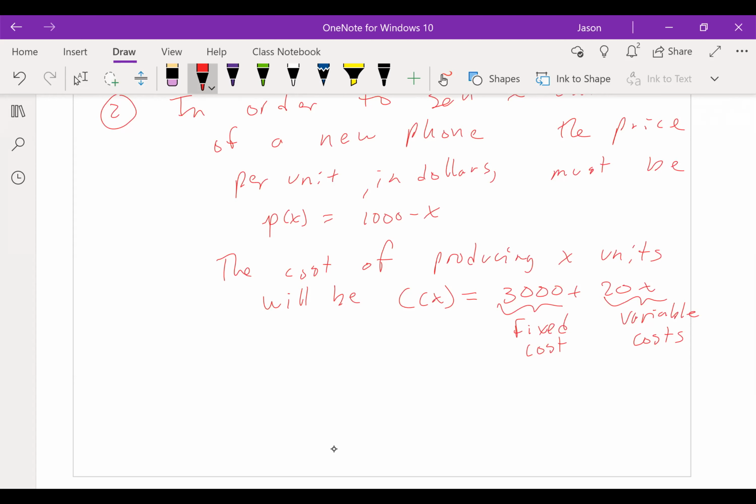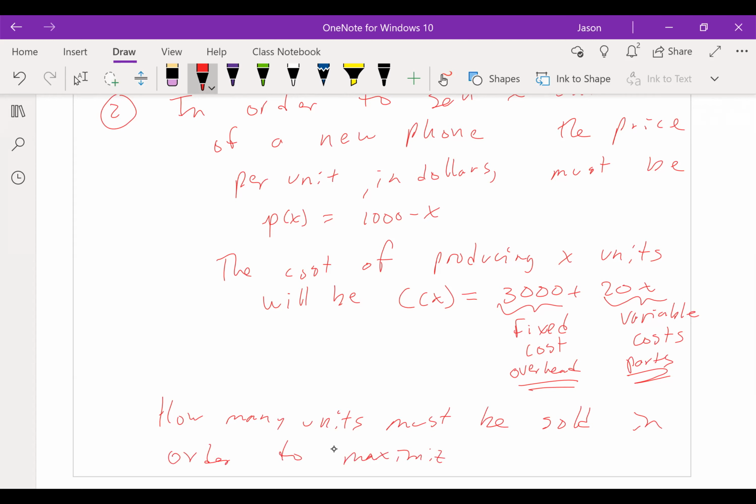This is called overhead usually. That's my overhead, and this is my parts. So we want to know, what's my profit function here? Let's ask the question first. How many units must be sold in order to maximize the profit,